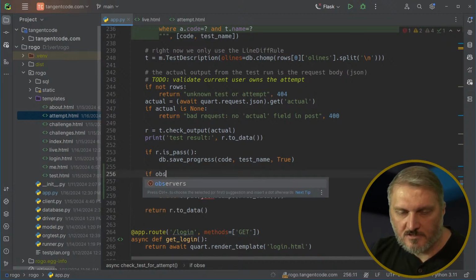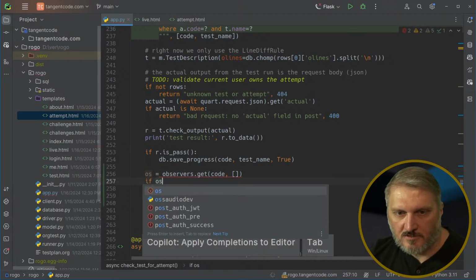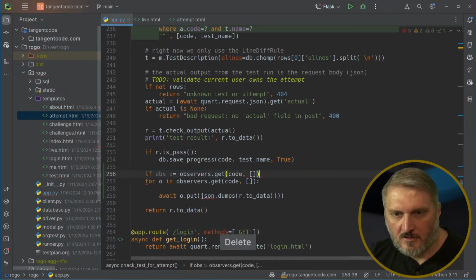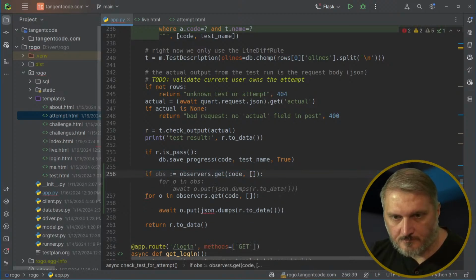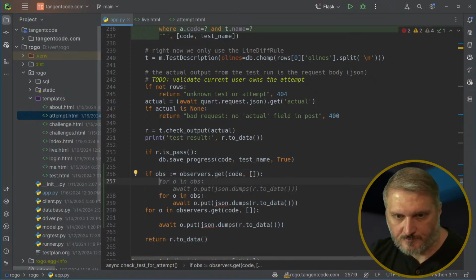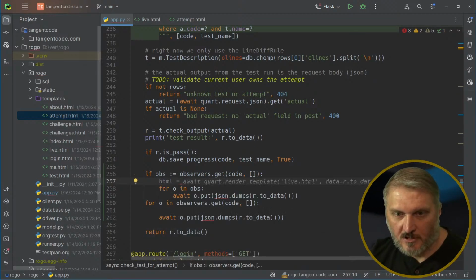If observers, let's see, how about obs equals observers get code. If obs, you can do this, but if obs equals observers get code, I just lost something on the stack. Then we want to, yes, but first we want to HTML is equal to